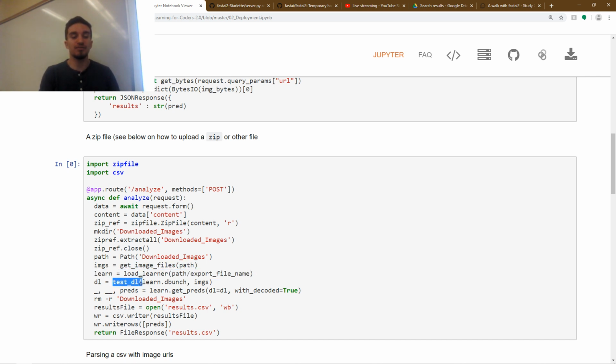and use this test DL. Now, this is going to eventually be replaced with learn.dataBunch.test_dl. We noticed, actually Sylvan noticed a few issues with tabular in that regard, so expect that to change sometime in the near future. But in the current version of the library, this is how it works. You're going to pass in your learner's data bunch along with the image file names you want. And the reason for that is,